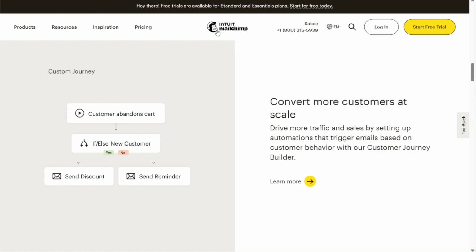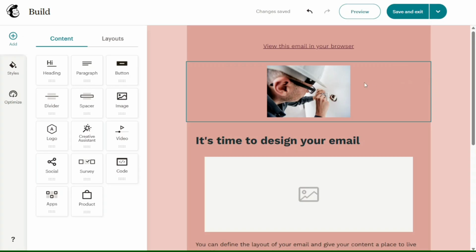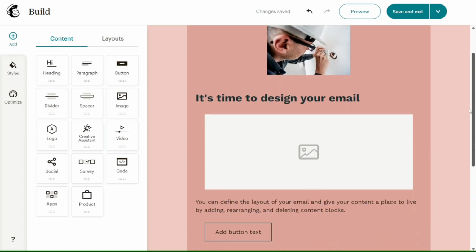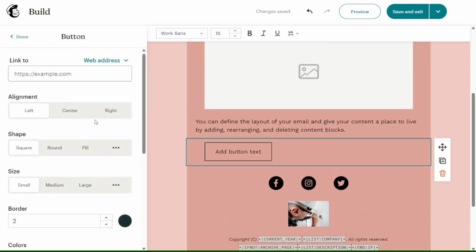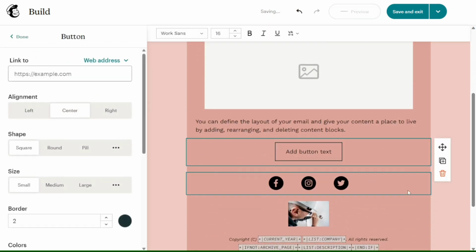Mailchimp is a popular email marketing platform that allows you to design and send customized email campaigns to your subscribers. In this tutorial, we will show you step by step how to create a successful email campaign using